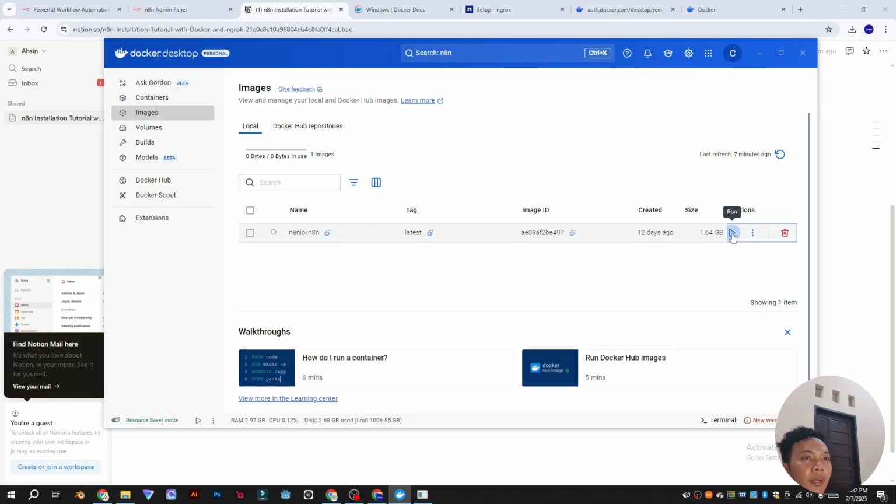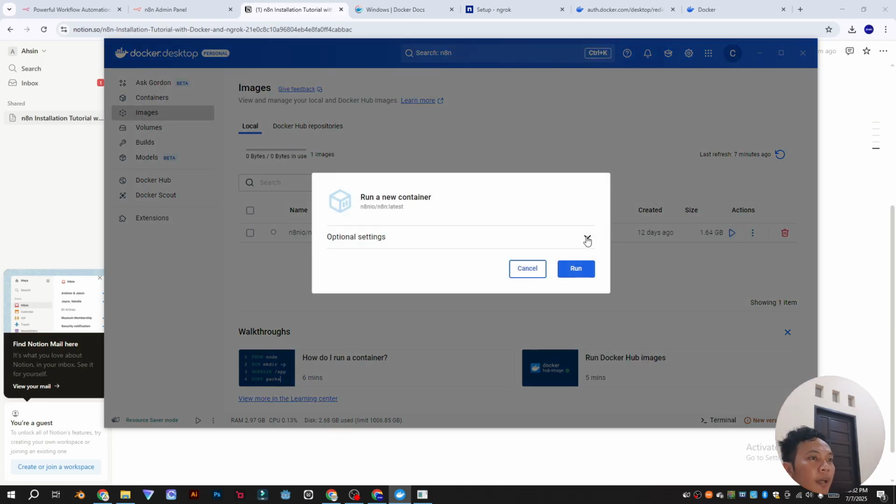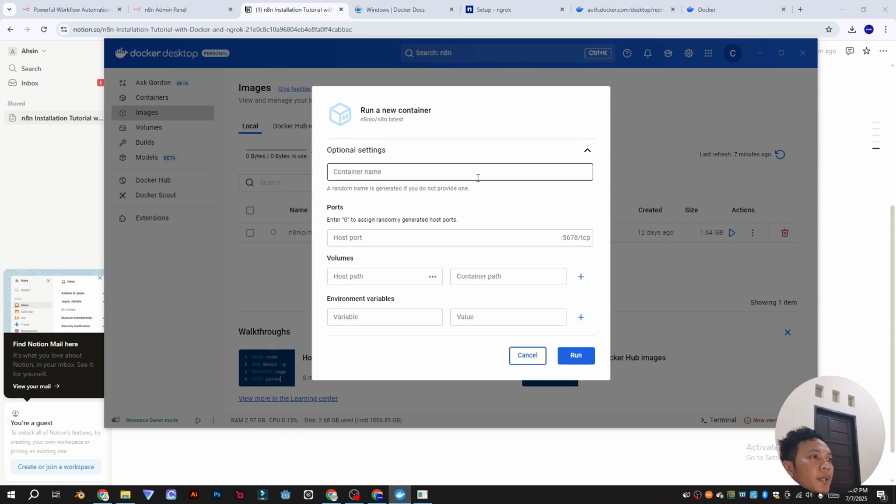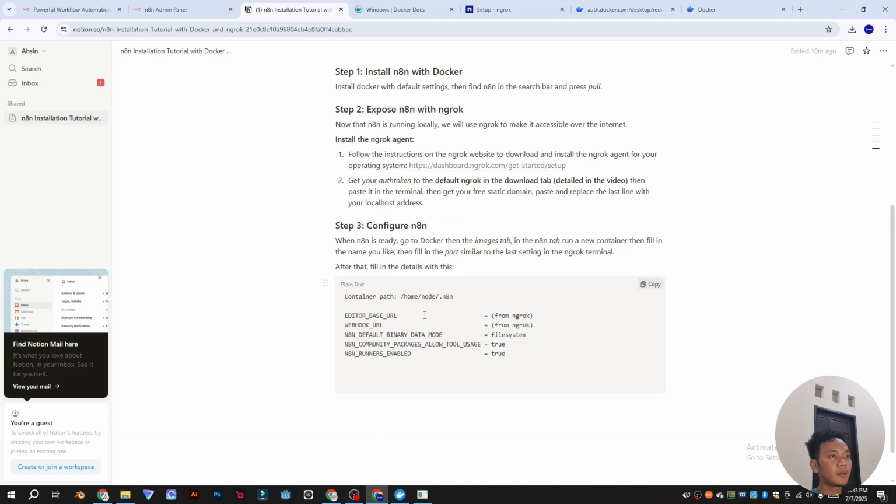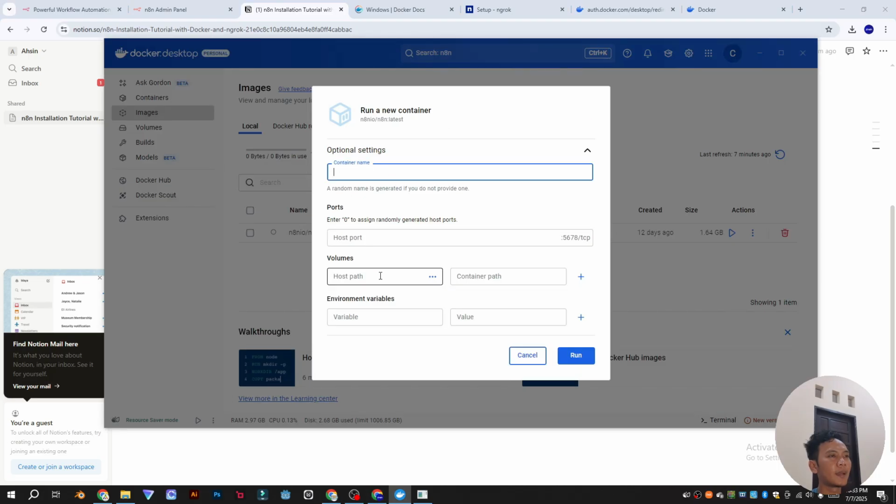So we can click run here and open the additional settings option. Container name, just fill it n8n.